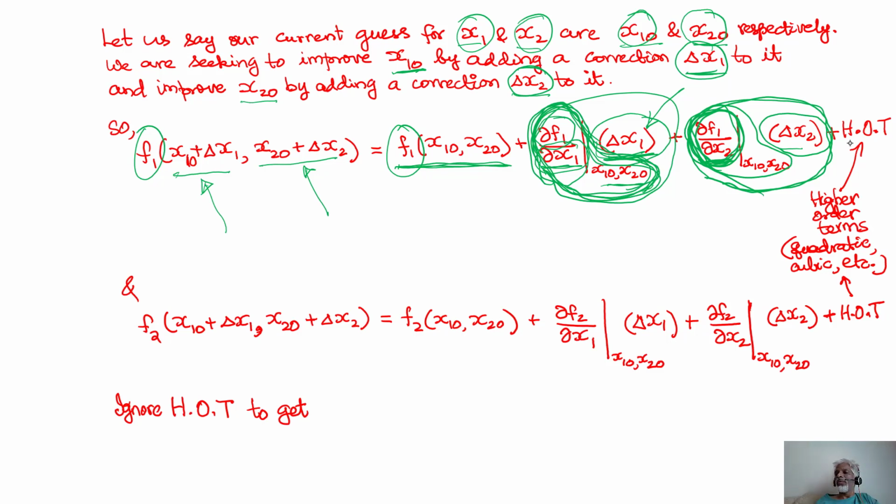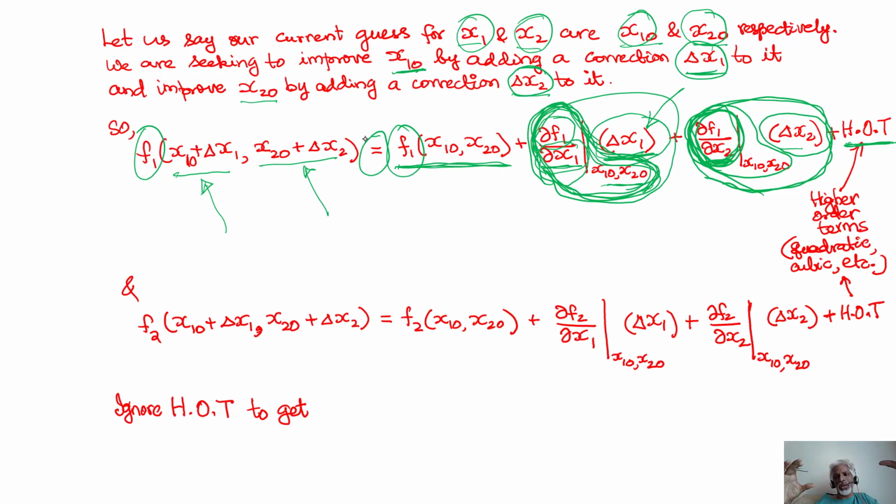Then we have plus higher order terms. I'm just going to recognize that, but I'm going to ignore that, because I want the problem to be linear. I do not want to include these terms in order to make this strict equality because I'm interested in approximation and multiple iterations to solve the problem. I don't want to solve it in one shot.